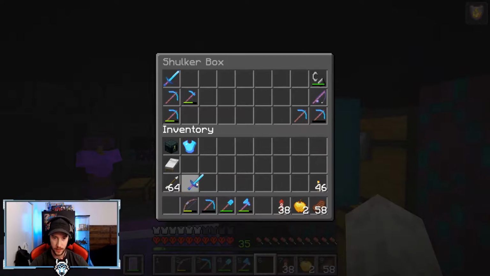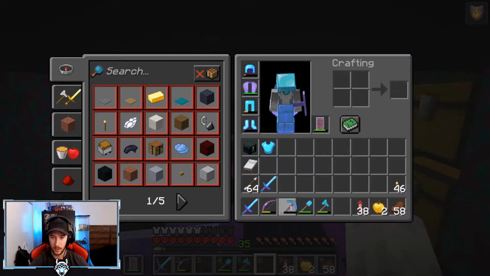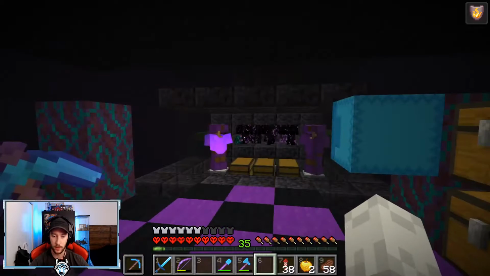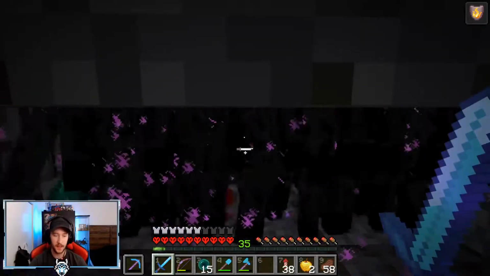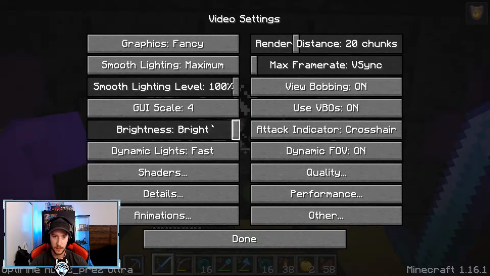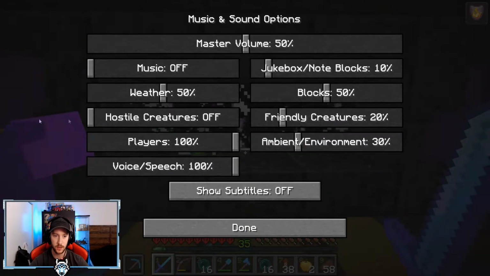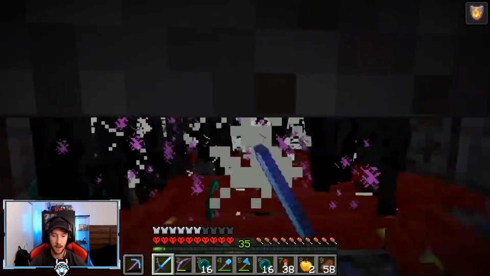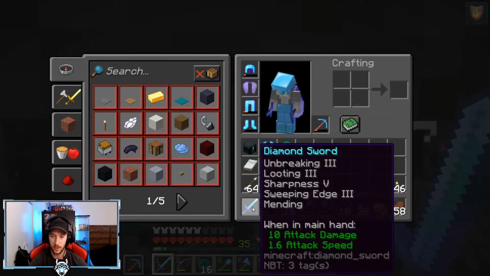Then we have our Wither killer. So we're gonna just hook this thing up, and we are gonna put this in our offhand, and we're going to repair our pickaxe real fast. So this is just a little bit easier to use here, I think. All right, let's turn that down for you guys a little bit so you can actually hear what I'm saying. Music, sounds, hostile creatures. Let's just turn you off 100%. We have to make sure that we remember to put that back on. But the reason why we ended up going with this sword rather than the other sword is because...